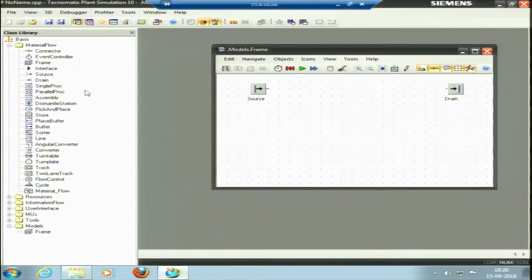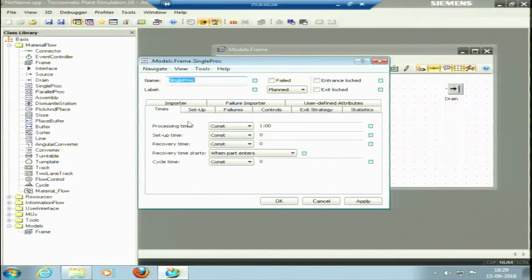Okay. So, one important object here is a single process. What is single process? A single processing unit receives and processes a single mobile unit, that is known as MU, mobile unit. So, single process is one process, any one process. Like I said, in the cellular layout, different operating point processing units were there. Those processing units can be called single processes. So, if I right click it and open it, this is the single process. I can change the name of the single process. Let me say this single process is maybe milling, a milling machine.